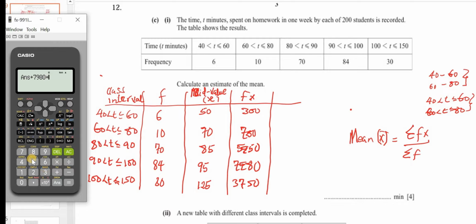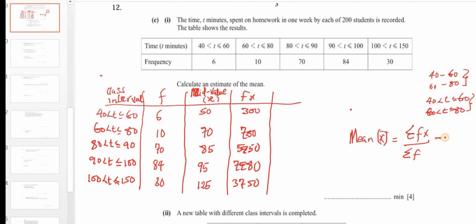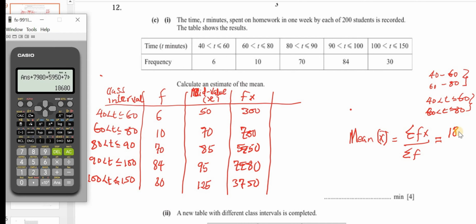plus 5950 plus 700 plus 700 plus 300. Right, so this gives 18,680